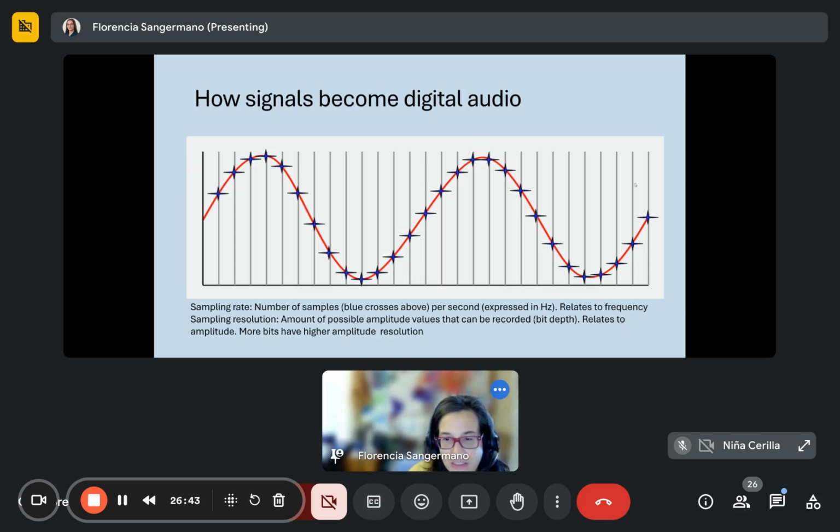And one of the things that I found with the AudioMoths is that that capability of recording in the full frequency range is a pro and a con at the same time. The pro is that yes, you can measure all these different sounds. The con is that now your files become very, very large,